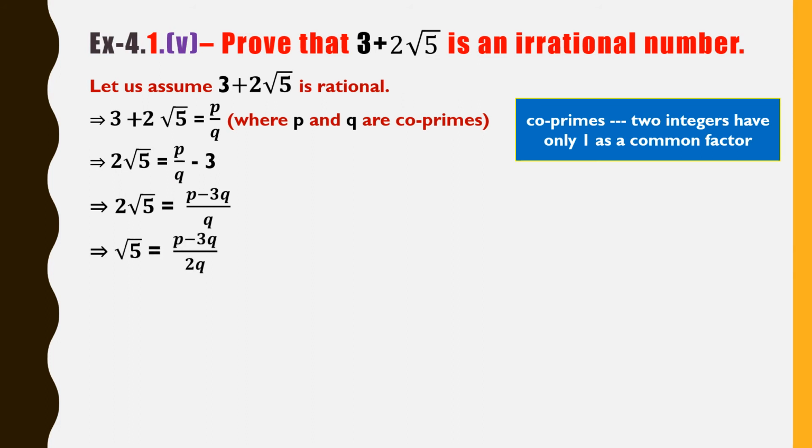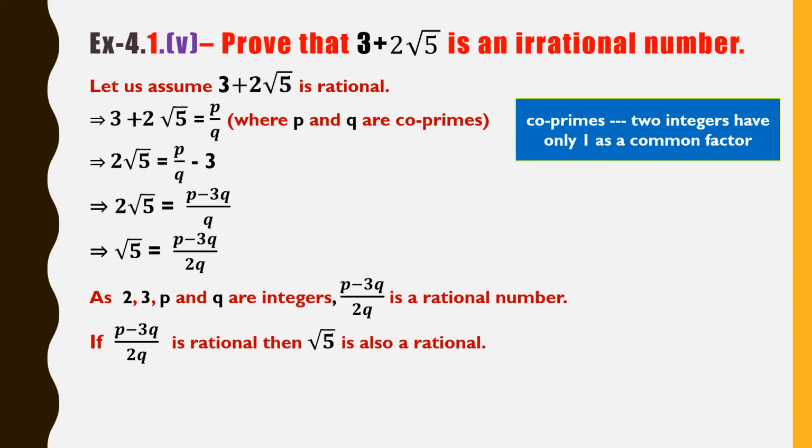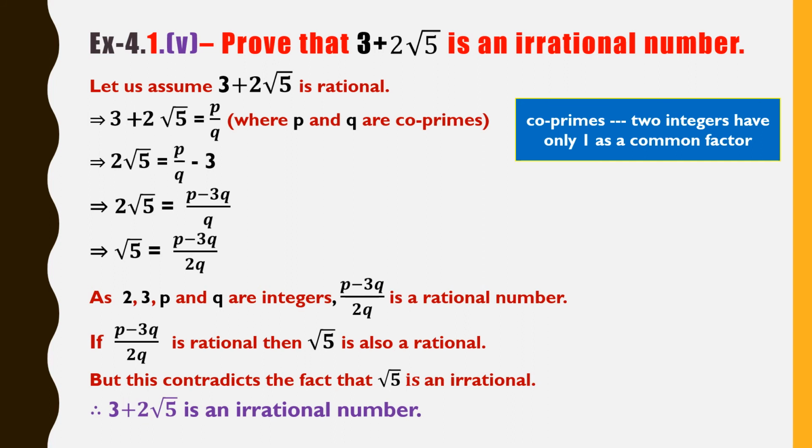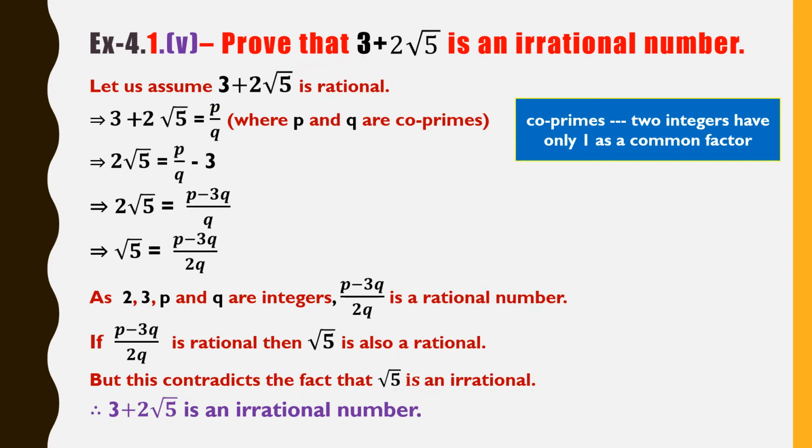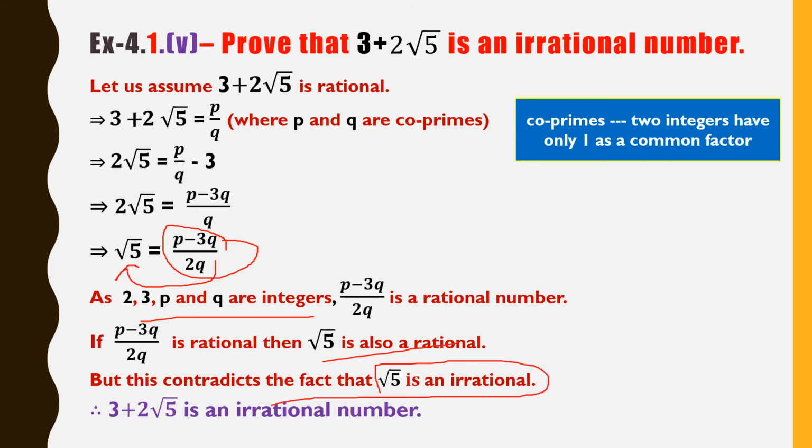Okay. Simple. Now these three are integers. So this will be a rational. It will be also a rational number. This contradicts the fact that root 5 is an irrational number. It is an irrational number. So you should be perfect with such type of statements. These statements are very important, and this statement is also important. Whatever question is there, that one you should take as rational number. Clear, children? As these three are integers, this complete thing is a rational number. If it is rational, this will be also rational, but this contradicts the fact that root 5 is an irrational number. So whatever question you have, that one you should write and tell that it is an irrational number.